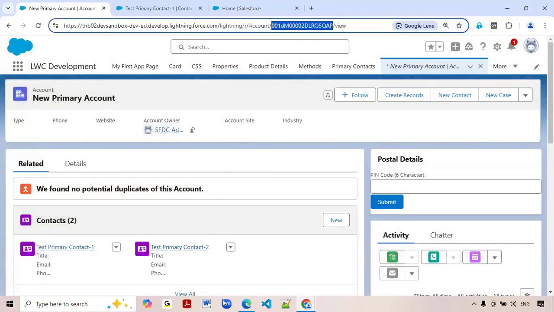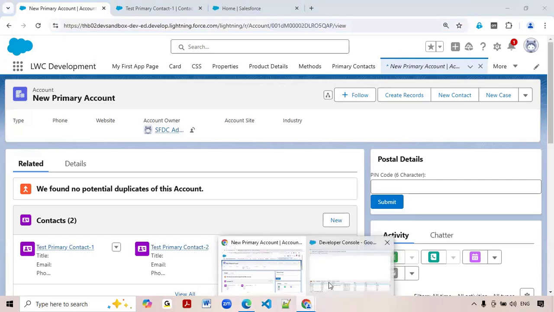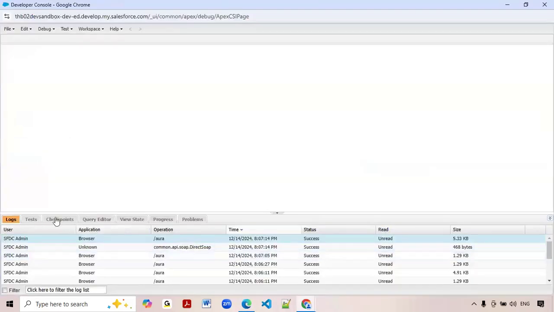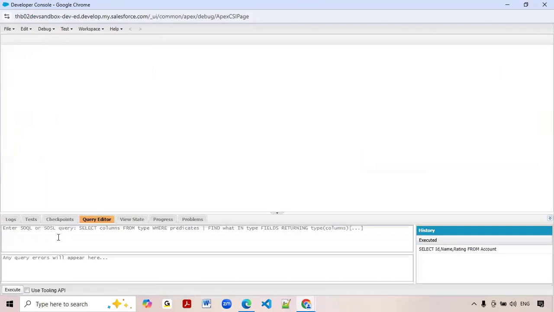Let me query quickly for easy understanding, all in one place. So let's come here. I'm querying the contact object. Select ID, name, primary